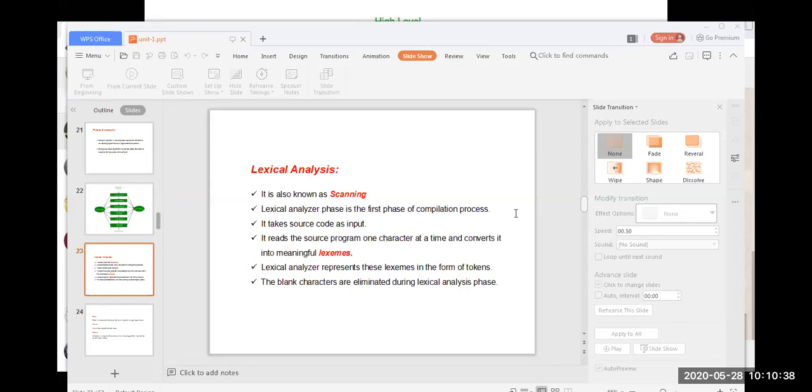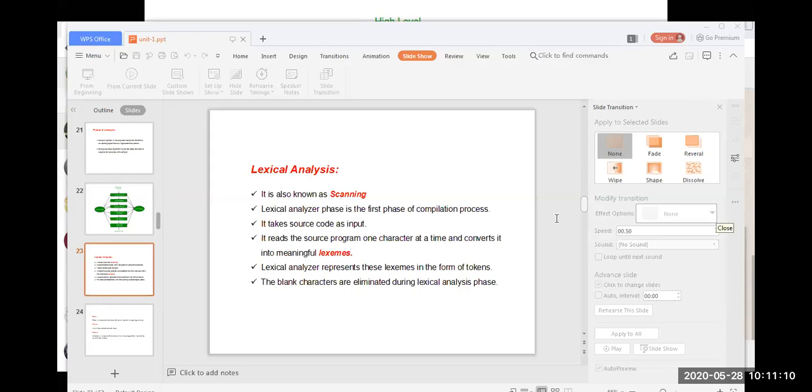What will this lexical analyzer do by scanning the entire program? To understand that, first we have to go for some background checking. In the C language, we have a topic, tokens of C language. We will come back to lexical analysis after some time. First, we will go back to tokens of C language. Do you remember about that? How many tokens are there in C language?